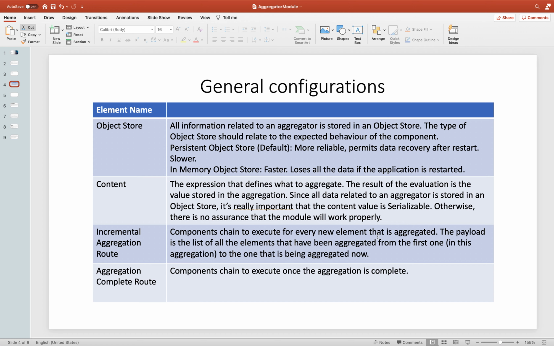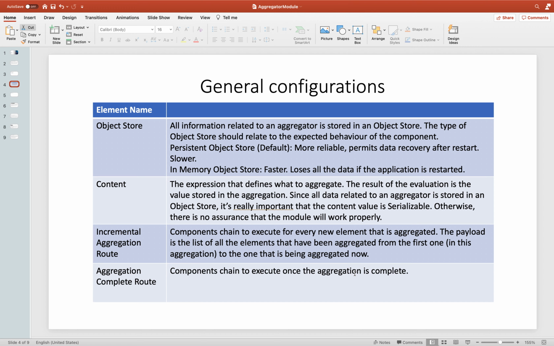The payload is the list of all the elements that have been aggregated from the first one till the very last element is reached. Once the complete list has been traversed, it is considered the aggregation complete route, and it will follow the rest of the processors or any logic which we have written in the aggregation complete route part.